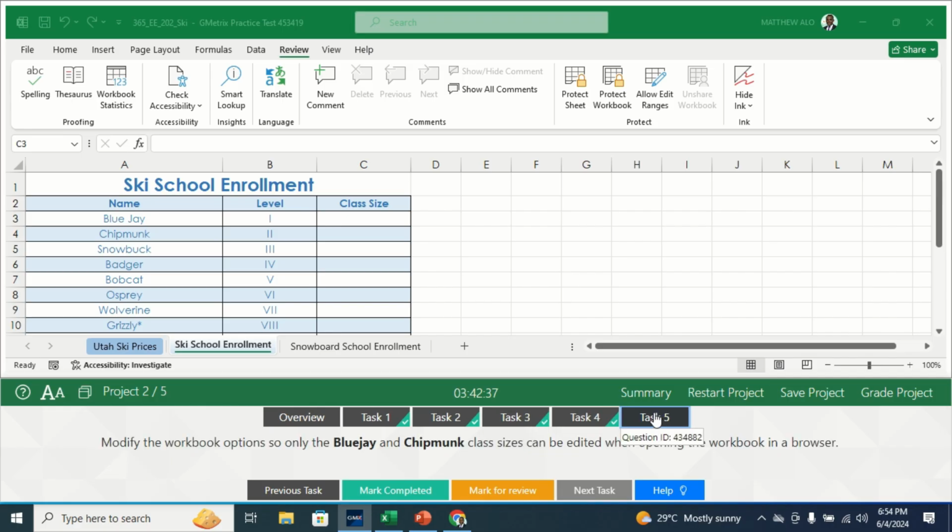Now task 5. Modify the workbook options so only the Blue Jay and Chipmunk class sizes can be edited when opening the workbook in a browser. Okay, to do this, just go to the